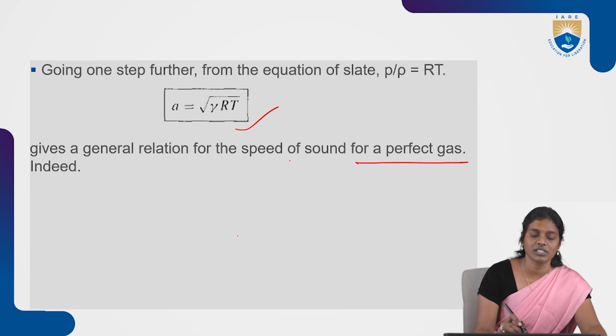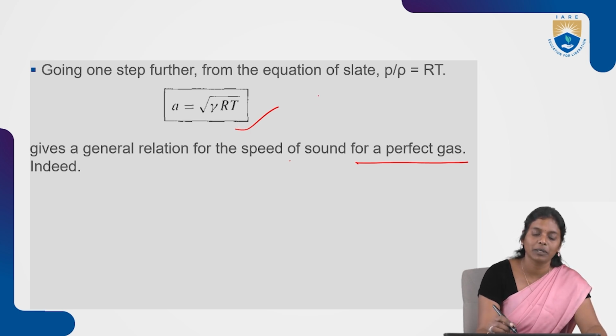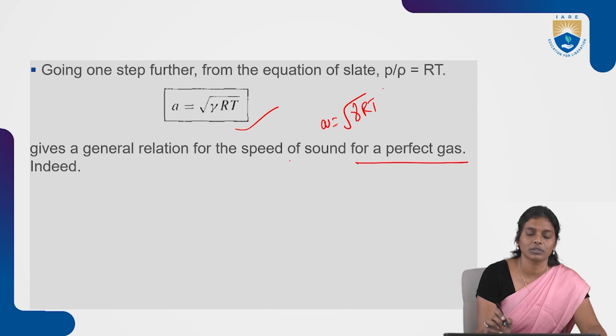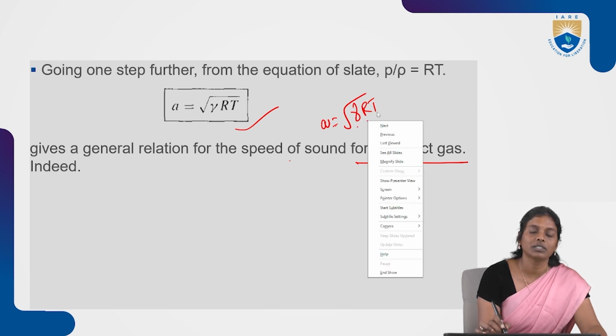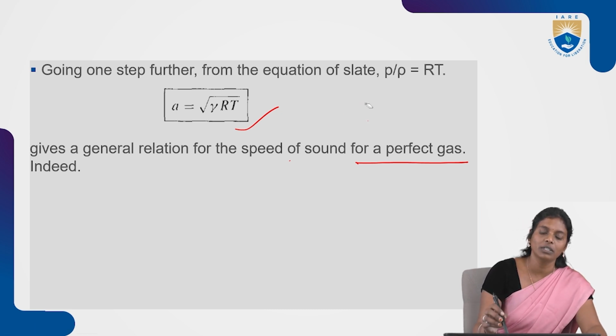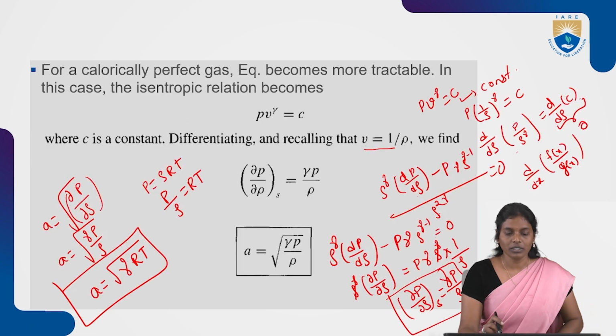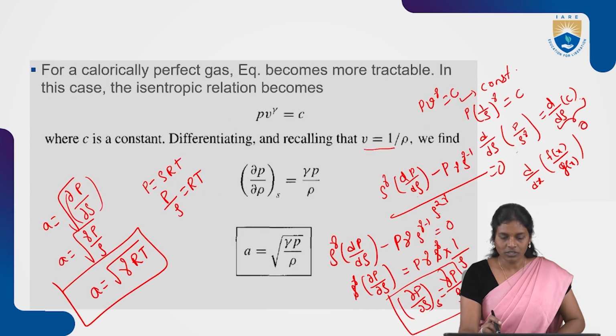So most of our conditions, what we are going to take is of this one, because we are considering the relation of the perfect gas. So for that particular purpose, in problems, a equal to under root of gamma RT only we will be substituting. So we already know gamma equal to 1.4, R is 287, and temperature is at a particular location, the atmospheric condition temperature. So this is the expression we got for the speed of sound, right?